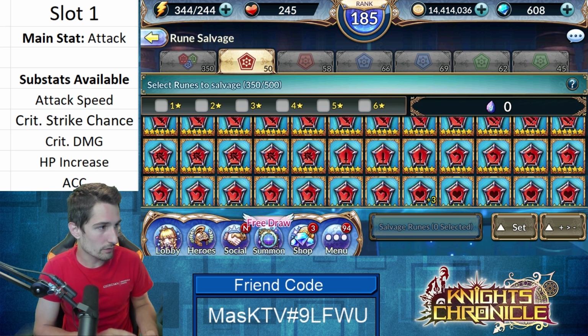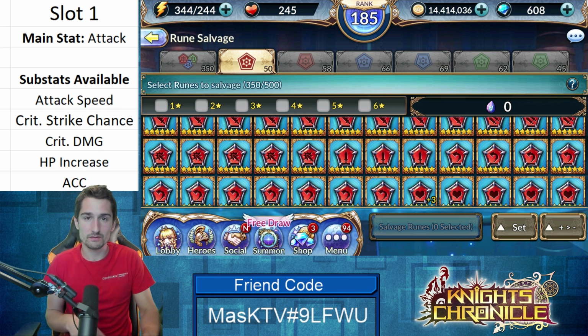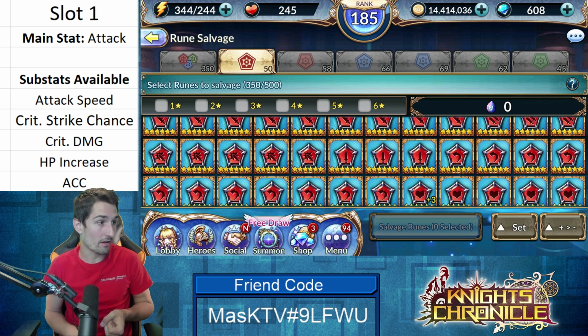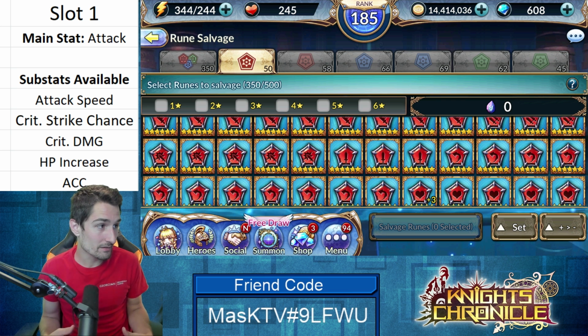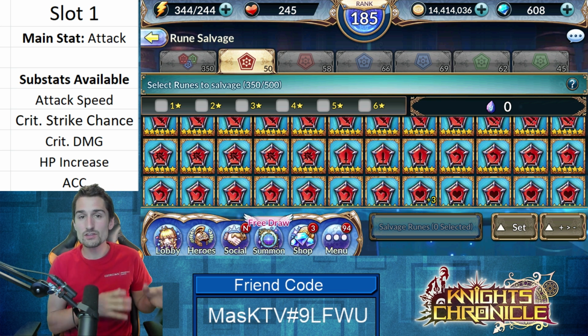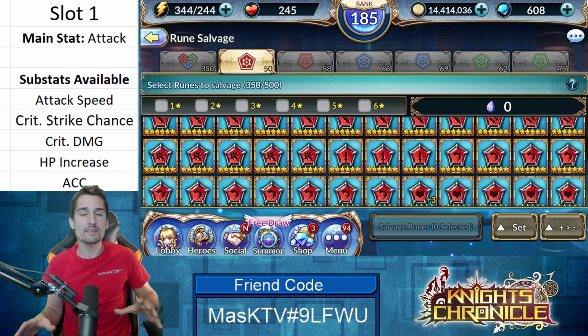Attack speed, crit strike, crit damage, HP increase, accuracy. So my support characters, they all have attack speed and HP increase in this slot. My DPS characters, obviously, crit strike, crit damage, attack speed. I'm focusing on those. I've yet to find a use for accuracy or really include it in any of my